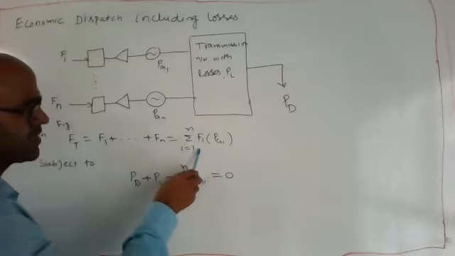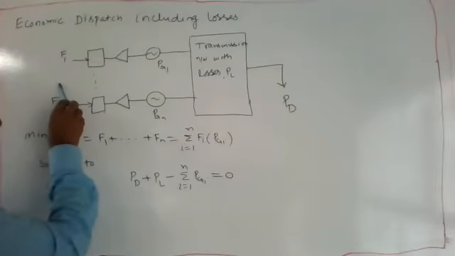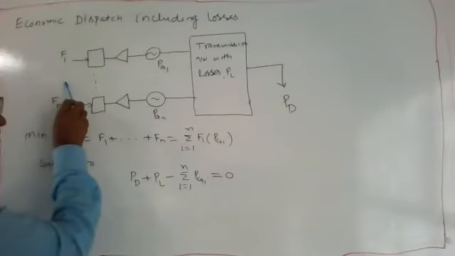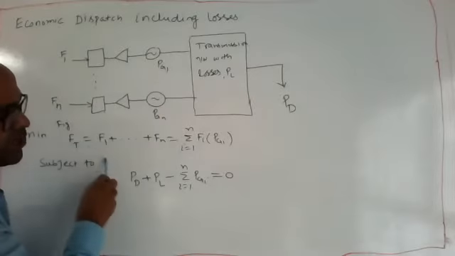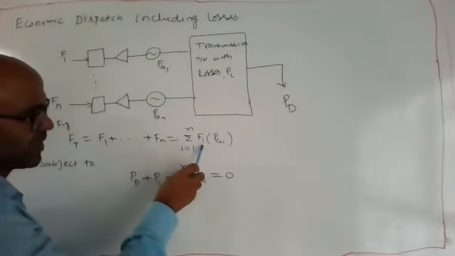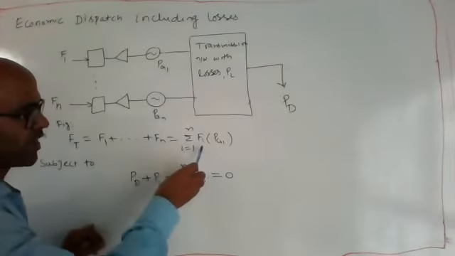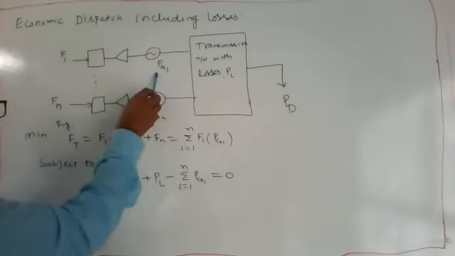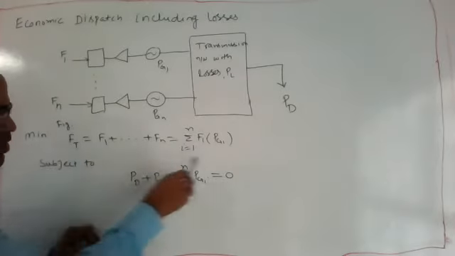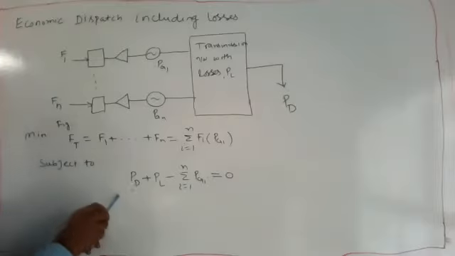This represents the ith unit. From 1 to n, there is some arbitrary number i, which has a fuel cost Fi and generated power Pgi. If I put i equal to 1, then this is generating unit 1, with F1 a function of Pg1. So this is the total cost, and we want this cost to be minimum, subject to this condition.